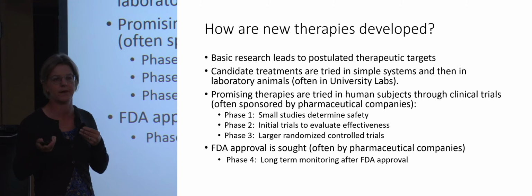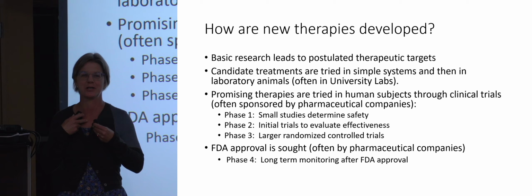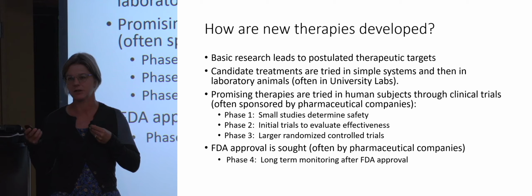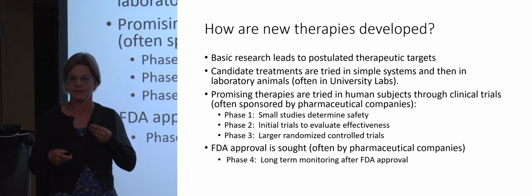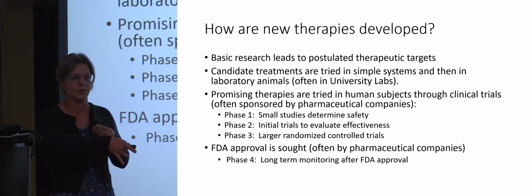Some of you may have had the opportunity to participate in clinical trials. I've had the opportunity to participate in clinical trials. So usually clinical trials are very large studies where we try to wash out any bias. And there are a lot of potential biases in research by where you get your population from. If I go and